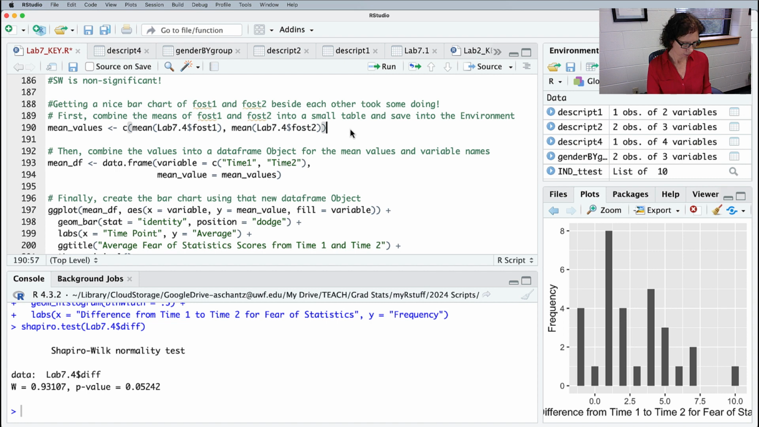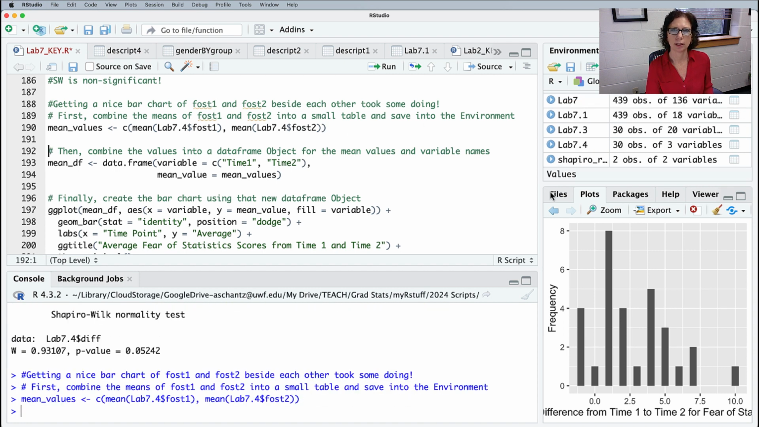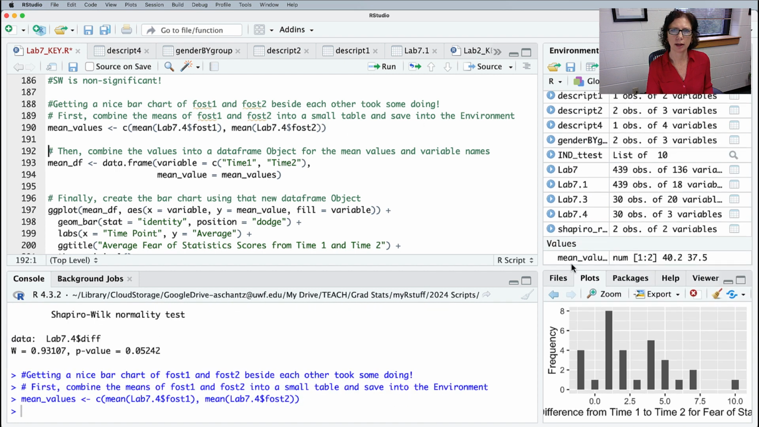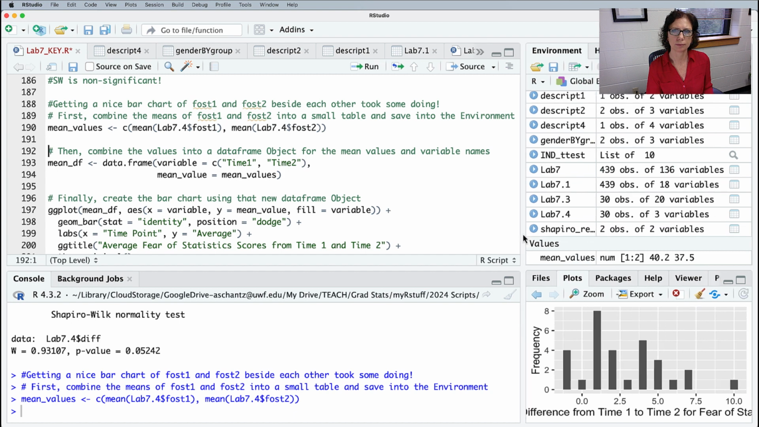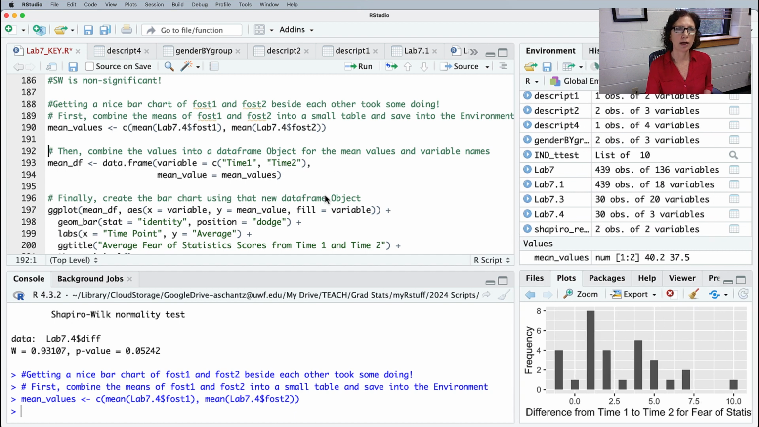Okay, running that. Now in my values area, I have mean values. Now I want to combine the values into a data frame object with the mean values and the variable names. So I'm going to make this data frame. I'm going to call it mean underscore data frame, and it's going to be assigned by the function turn this